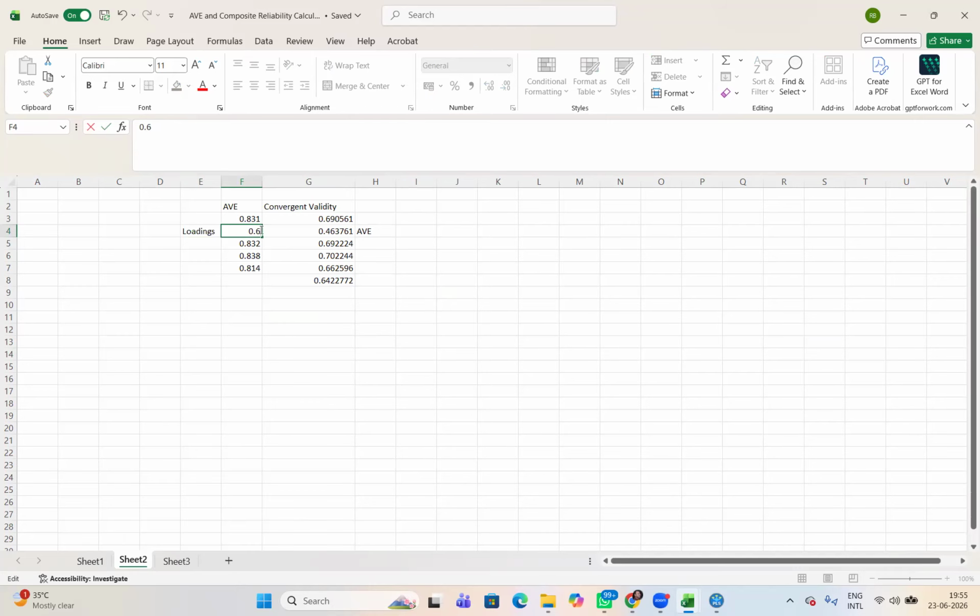Suppose this loading is 0.6, but your AVE is greater than 0.5. Then you can also retain the indicator in your model. This is clear to you? Yes, sir.